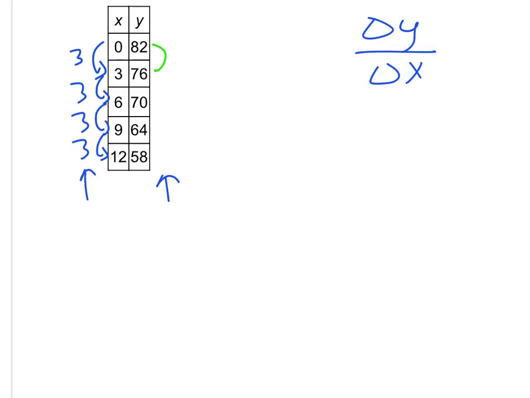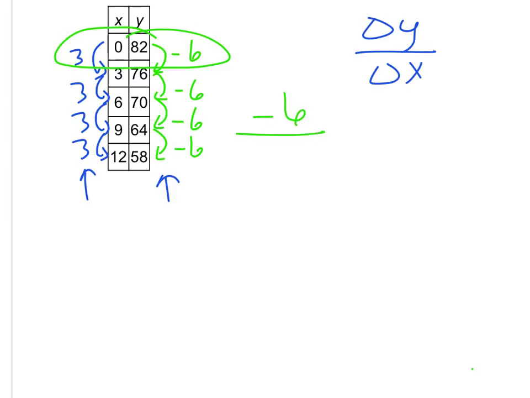So 82 minus 76, we subtract 6. And now, in order to get from 76 to 70, again, we go down by 6. Now, to go from 70 to 64, again, down by 6. And then from 64 to 58, we're down by 6. Now, notice the ratios, all of these, change in y